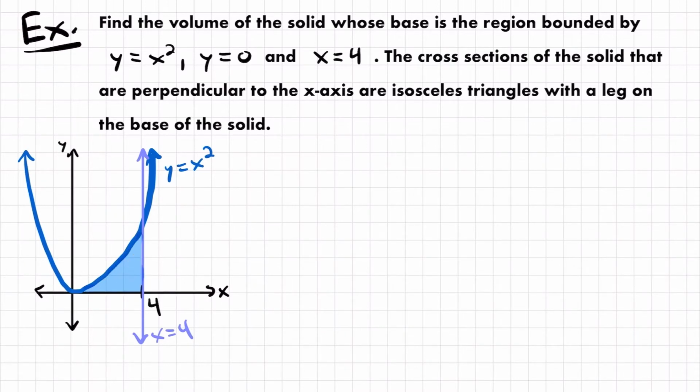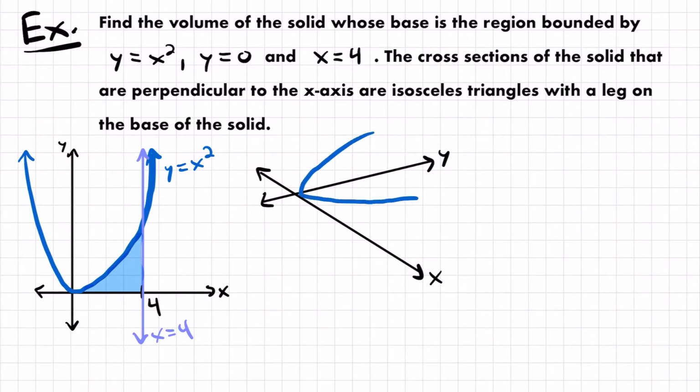All right, and so that solid has cross-sections perpendicular to the x-axis that are isosceles triangles. And the isosceles triangles have a leg on the base of the solid. And so let's draw a 3D representation of what that looks like. This is going to be a quick sketch. It's kind of hard to draw three-dimensional figures on a 2D surface, but I'll do my best here. This will be our y-axis, and this is our x-axis. Our parabola looks something like this, and so that is y equals x squared. And then let's say that this right here is x equals 4, right? So that will be x equals 4,